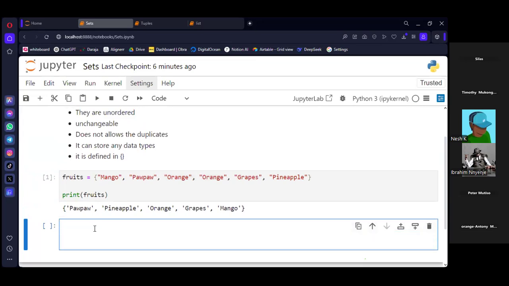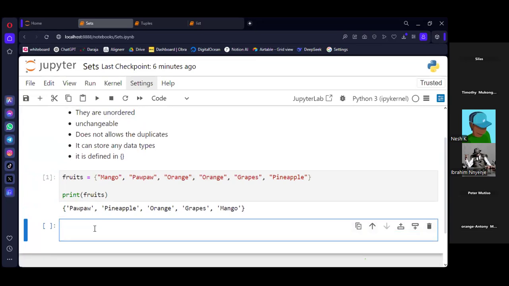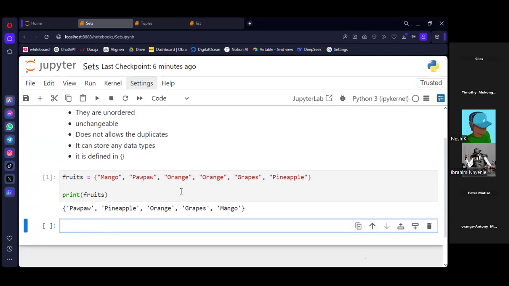By the way, guys, remember that when you're working with a notebook, if you define something at the top, you'll still be able to access the same variable. Remember, it's still the same file, only that there are different cells. But because I'm teaching, as much as I can I redefine everything in a new cell, repeating everything in each and every cell.